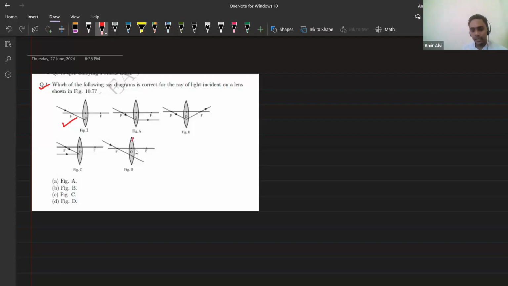Fourth case, the D option, is that the light ray is passing through the focus and, when it strikes the lens, it is not refracting at all. It cannot happen when the light ray passes through a refracting surface, so it would refract. The only possibility is that when the light ray passes through the optical center, it will not refract at all. Say yes or no. Sumayya? Yes, sir. Is this clear to you? Harshit, now clear? Yes, sir. That's how you solve this question.